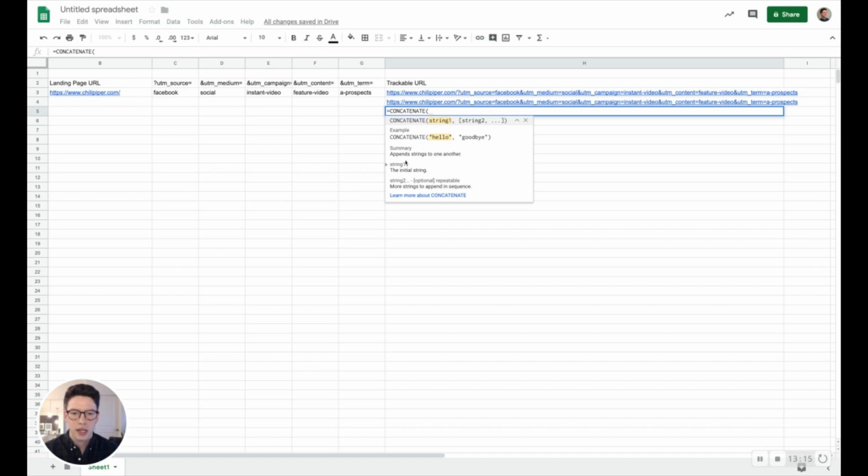So it's just saying for a concatenate, append strings to one another. Strings is text, so it appends text to one another. And so it's just saying for this first section, now that we're in this part of the formula, it highlights this part with yellow, and you know that you're on this step. So this is the initial string,